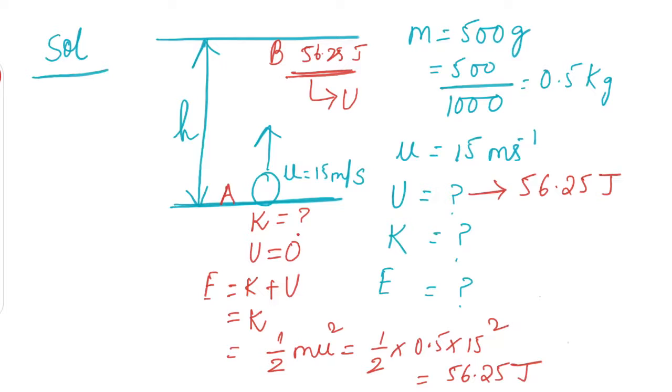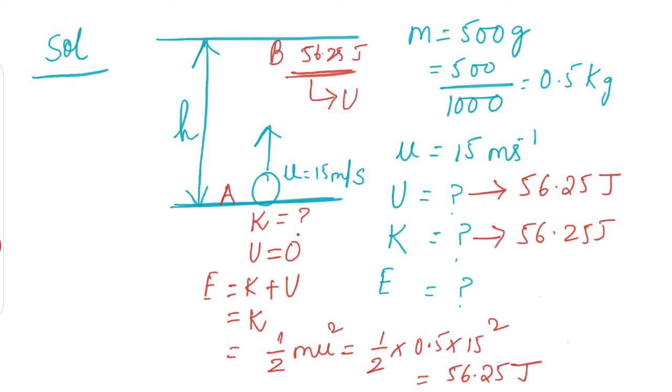Now the second was find the kinetic energy on reaching ground. So on ground it will also have 56.25 joule kinetic energy, because as we already spoke before, potential energy is 0 at point A. So only energy over here is the kinetic energy. And from before we knew that total energy is 56.25 joule at point A. So kinetic energy is also going to be 56.25 joule. And obviously we are assuming here that there is no loss of energy.